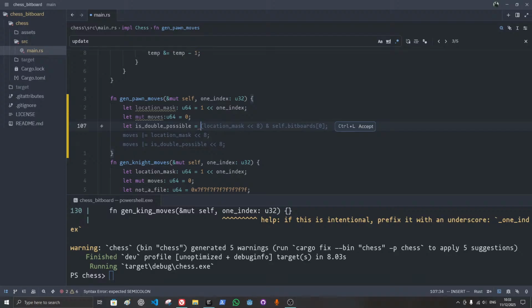So okay, so if the location is, so I could actually use the one index. So if the one index divided by 8 gives us 1 or 6,